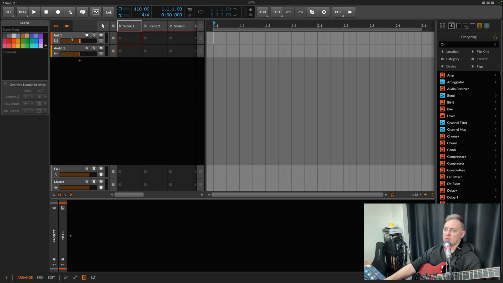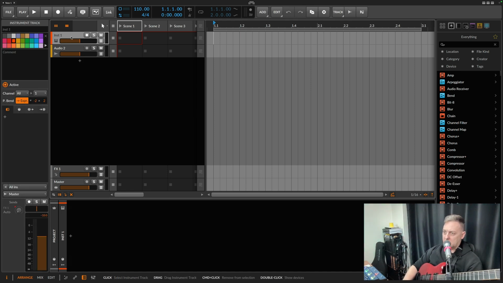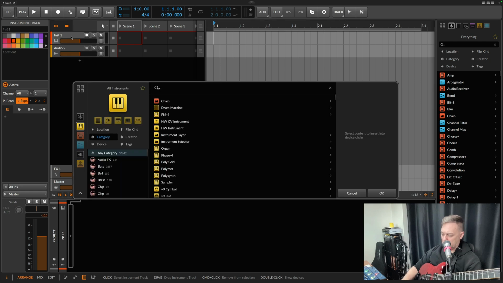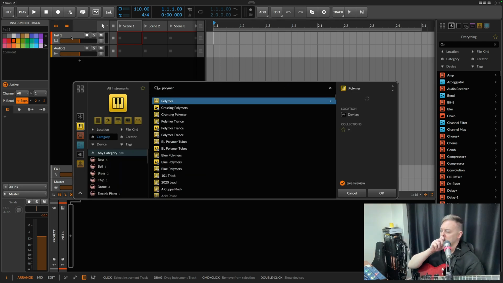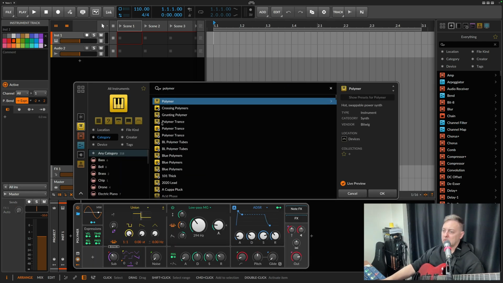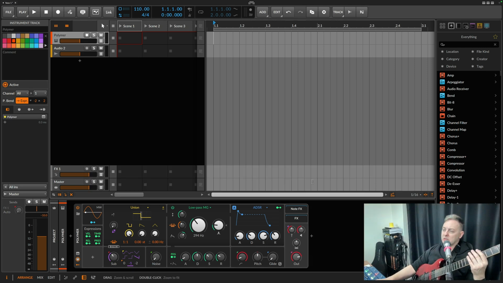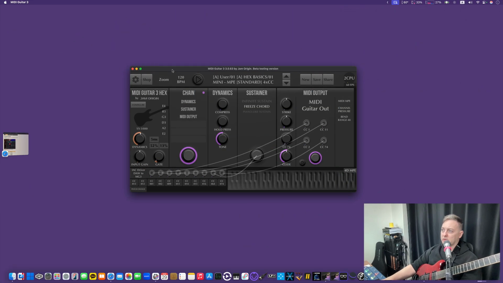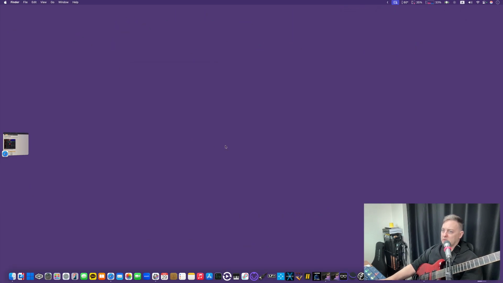The problem was that if you opened up an instrument here, say we open Polymer, if you use the plugin version, the MIDI data would pass through, but the pitch bend data would not pass through. So you couldn't bend strings basically, or use a whammy bar or anything. So that kind of sucked. And obviously the way around that was to use the external version. Now, the good news is,